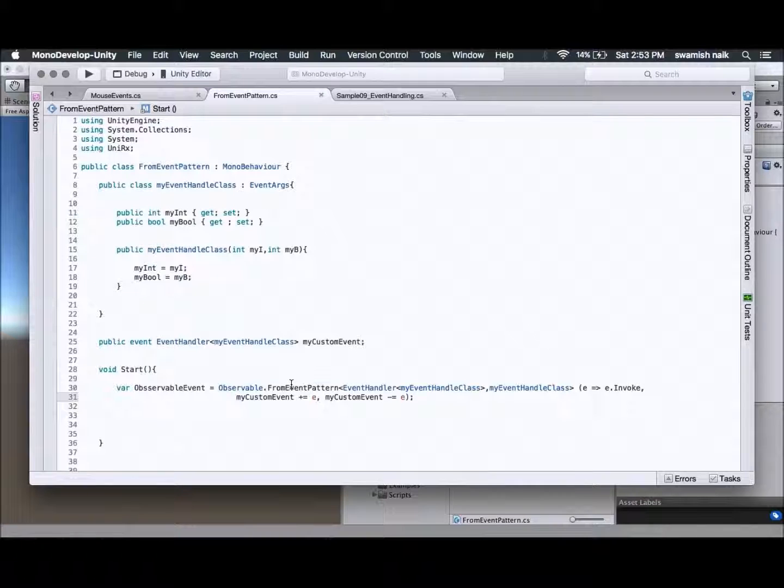What's happening here is in FromEvent we are passing the event handler, which will take MyEventHandlerClass, our custom class, and pass it as arguments. Here we are invoking our event, and here we are subscribing to our event.